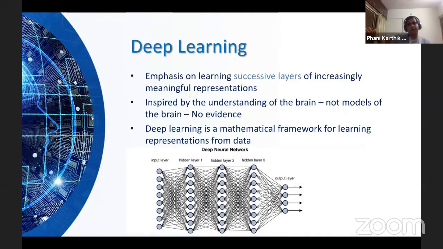Some people think that neural networks are also how the brain works, but there is no evidence for that, like I've told before also, because deep learning is purely a mathematical framework for learning representations from data. Given data, a mathematical framework is created, which is pure maths, to learn the representations from the data. And once the learning happens, then given some data, we can process that data for the output, right?